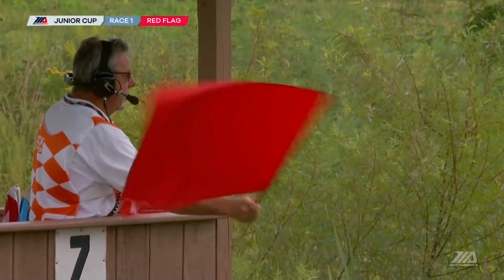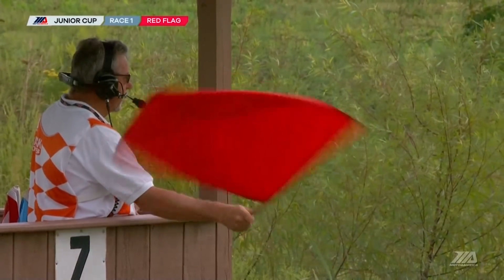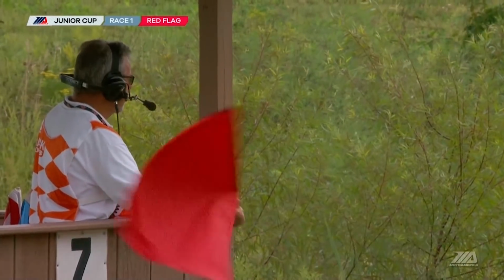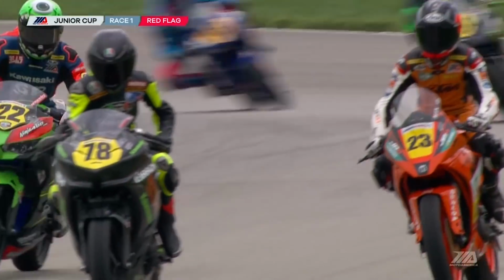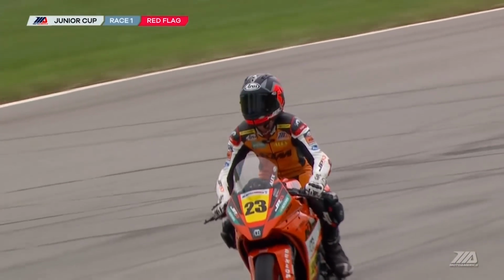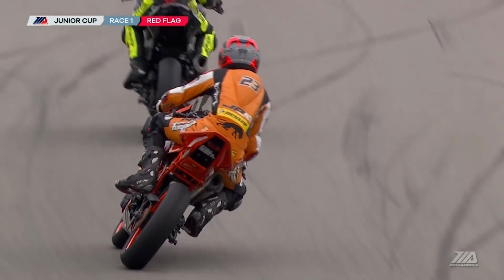So as soon as you get a bike into that stuff, it just turns the bars or gets the bike sideways going in there, and it just throws you off. I'm not a MotoAmerica official, Jason, but I would have to imagine that they're going to call this one. Yep. So they're going to have to revert back to the last lap, and the question is